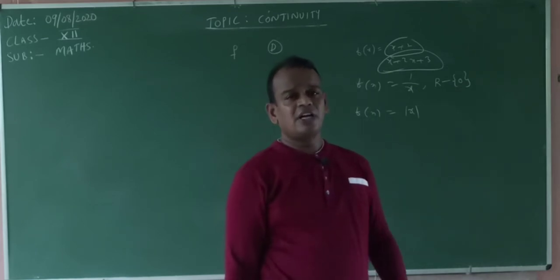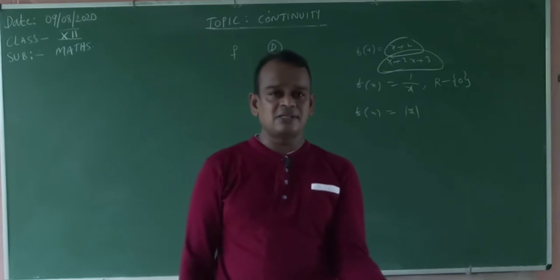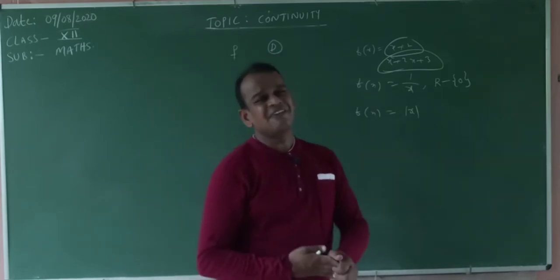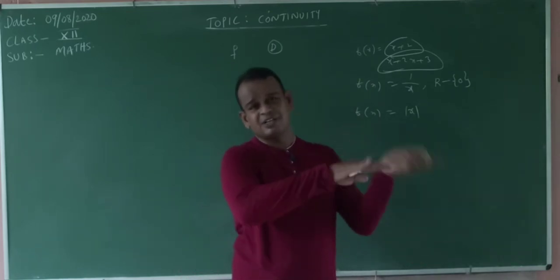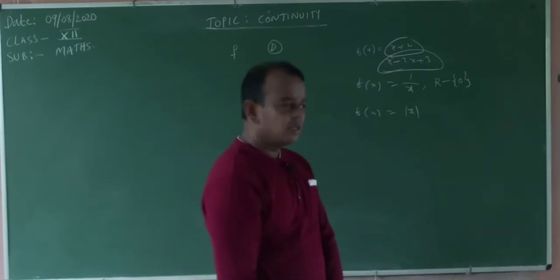What is the meaning of a continuous function everywhere? Means it is defined on real numbers. Show that the function f of x is continuous everywhere. What is the meaning of everywhere? Everywhere means the real number system, means plus infinity to minus infinity. Okay, my dear students, understood or not?